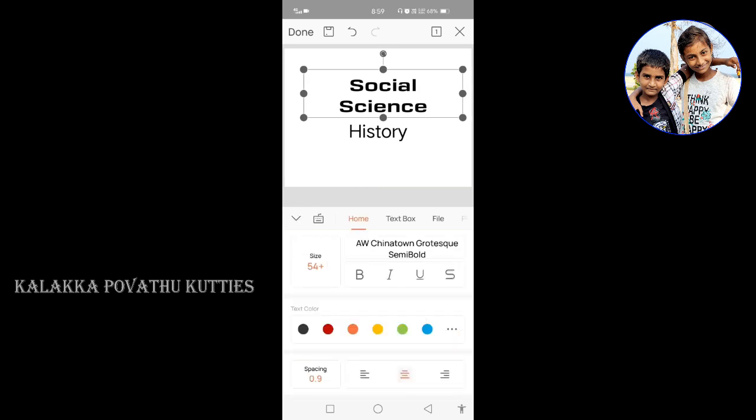If I want that to be bold, I will give this B as bold. Now I have made it bold. Now I don't want it to be bold. Now I want to make it italic, so I will make it italic. See here, it has been changed to italic. Now I want to underline it, so I have underlined it. I don't want italic. So see here, now italic has gone.